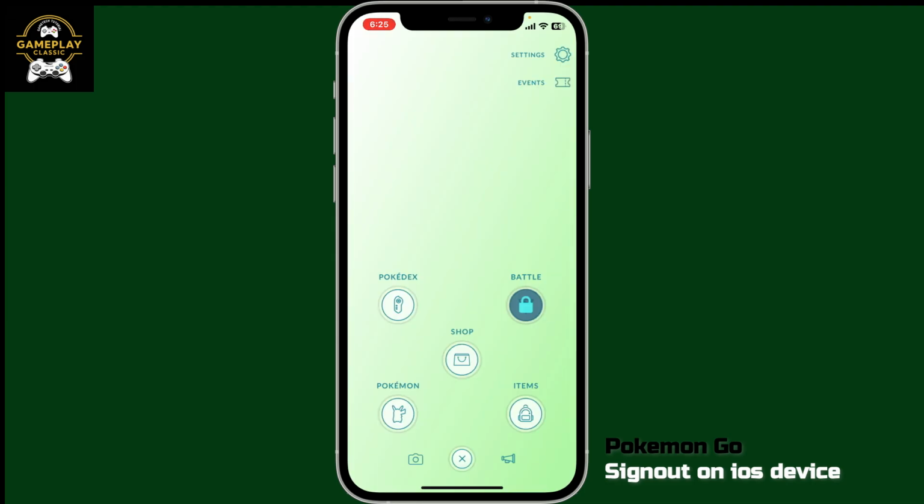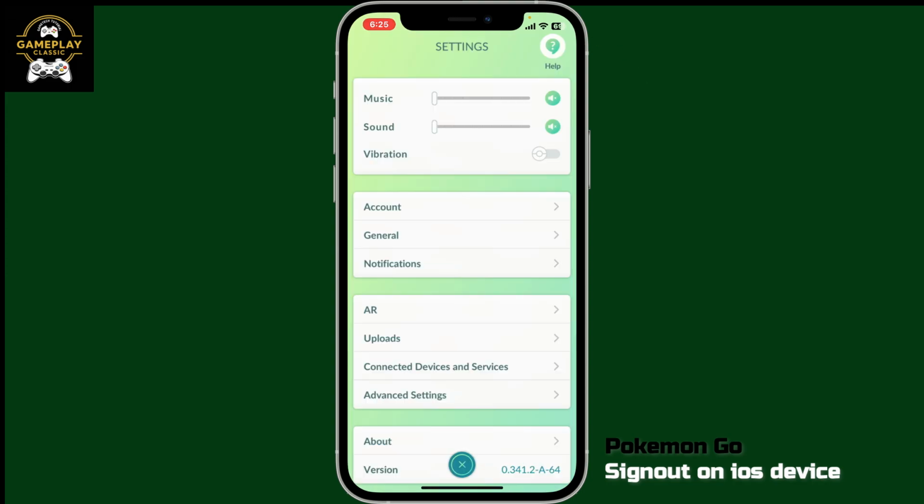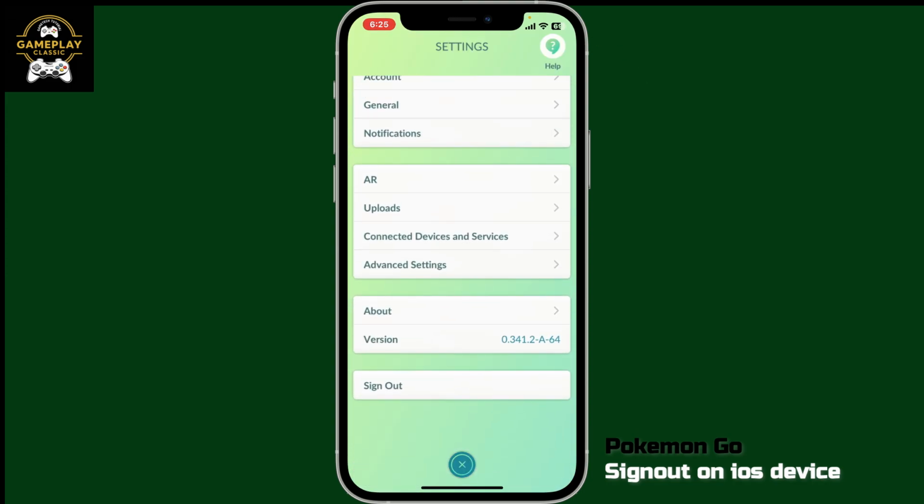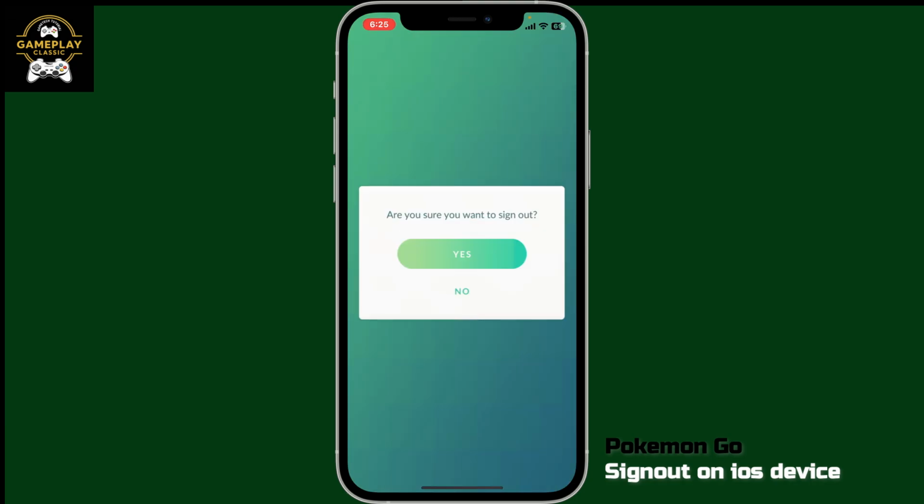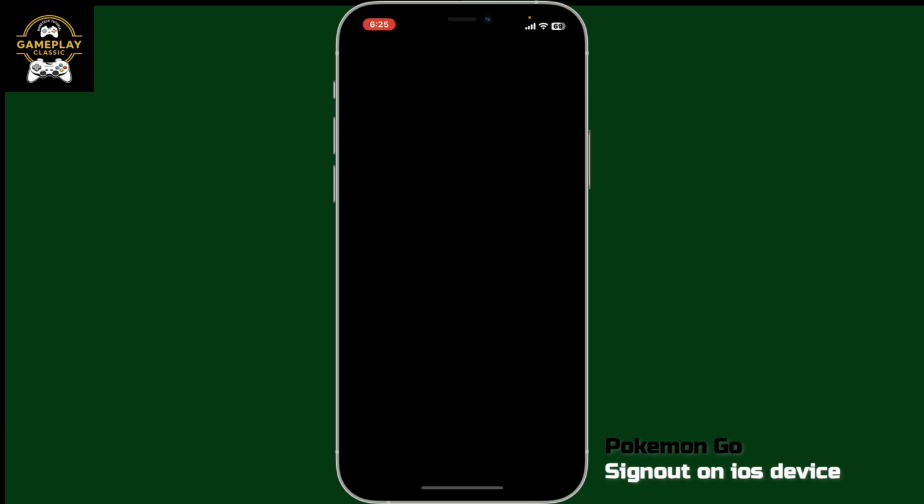From the several menus displayed on the screen, tap on Settings at the top right corner. Now, scroll down to the bottom of the screen and then tap on Sign Out. Confirm that you'd like to sign out by tapping on Yes in the pop-up, and you will be logged out